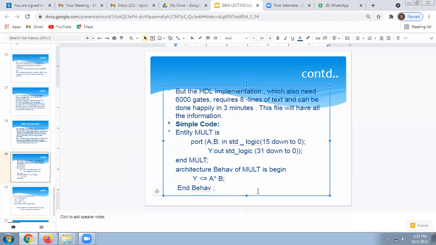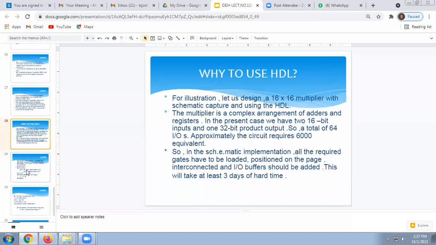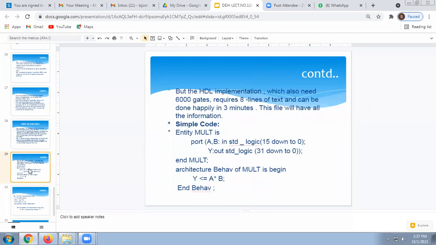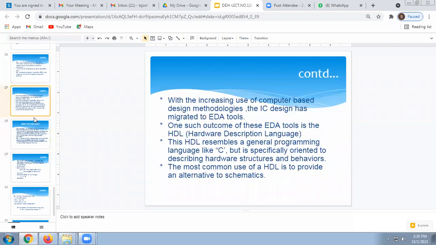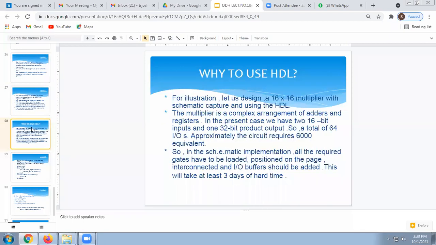Okay? Yes, got it? Reply fast. Okay, you don't want to reply also. Then, this is a practical-oriented subject where we are doing various practicals.